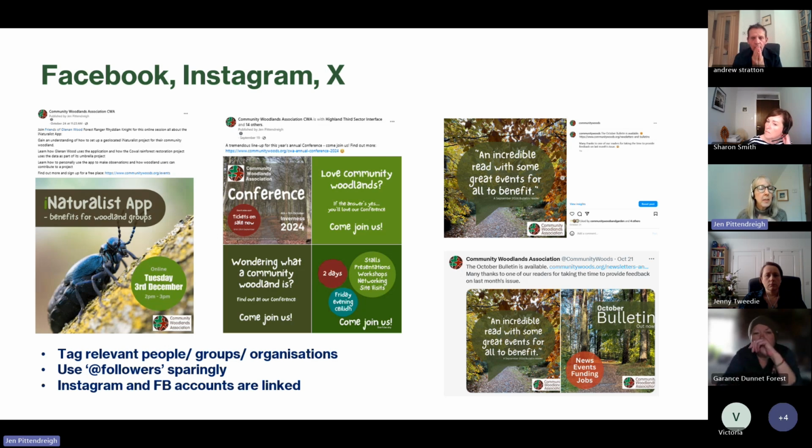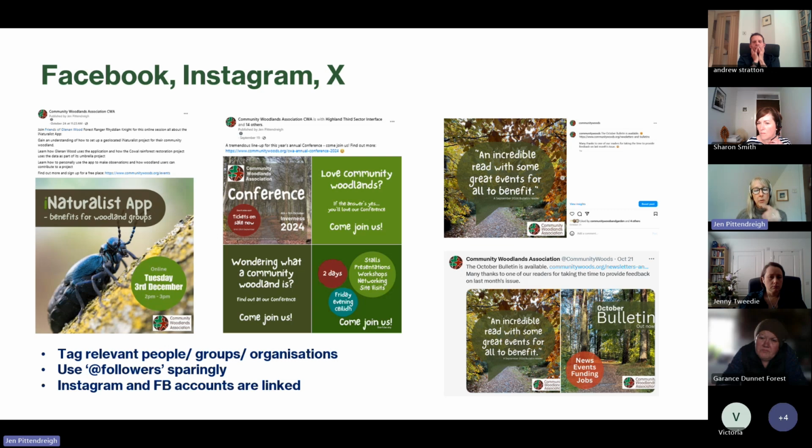Instagram is slightly different, so I will use the same images. I will more or less use the same spiel for each of the platforms. But on Instagram, you're only getting one picture at a time. So although there were two pictures for this post that showed up for Facebook as a two, for Instagram, you're only getting one showing, and there's the arrow there that you would click on to take you to the next image. I bear it in mind, thinking not everybody will click on, so it's trying to think what's going to get the most bang for your buck.